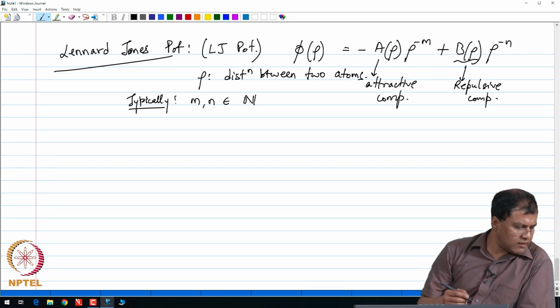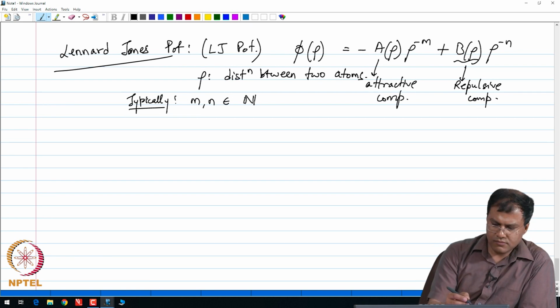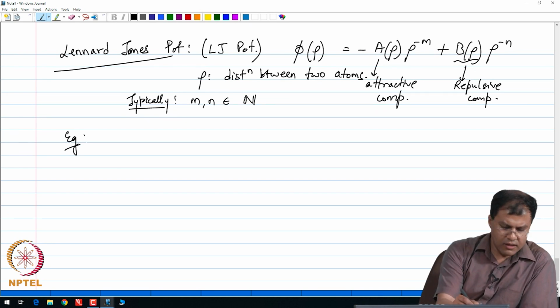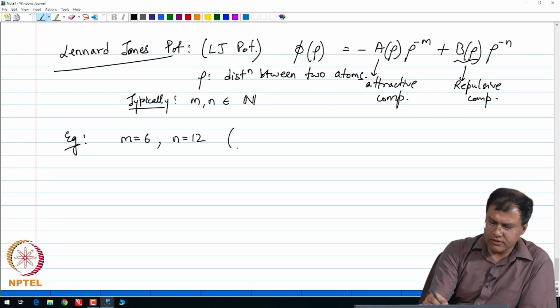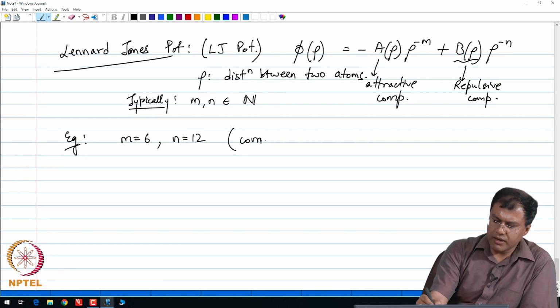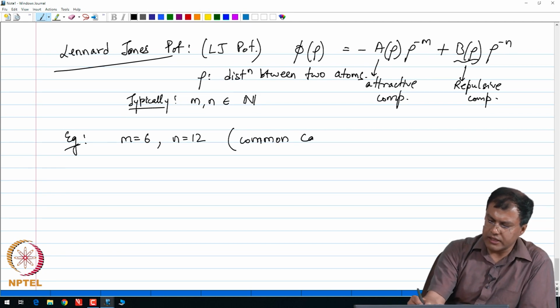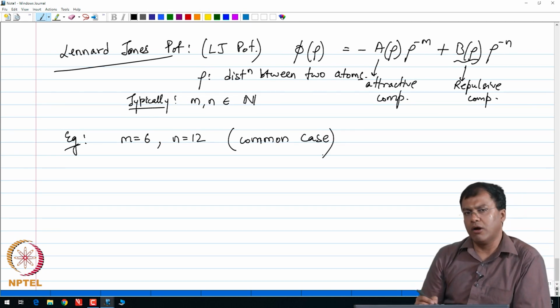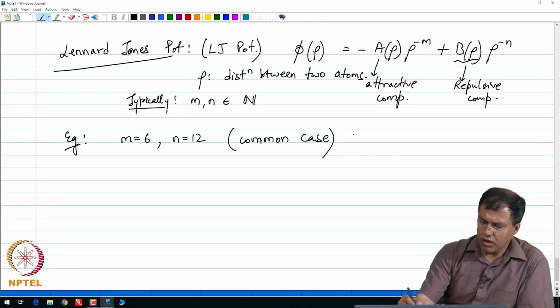Okay. So, for example, if my m is equal to 6 and n is equal to 12, which is the most common occurrence of Lennard-Jones potential in almost all the physical models that are used, also known as the 6-12 LJ potential,